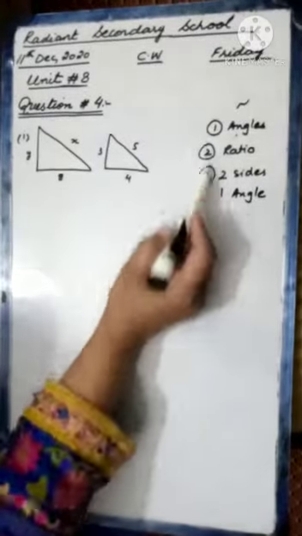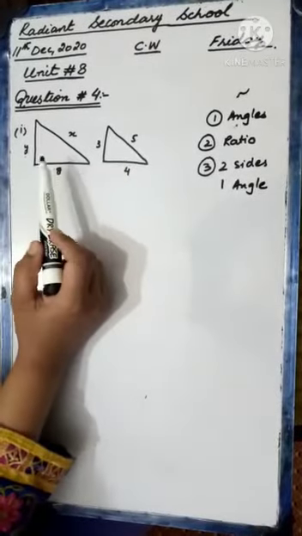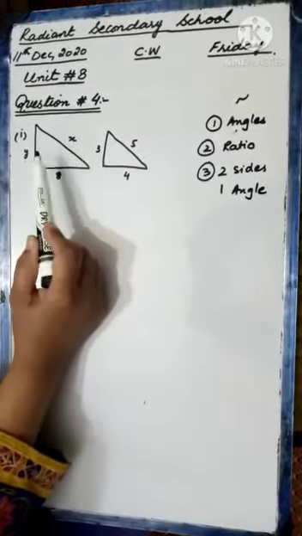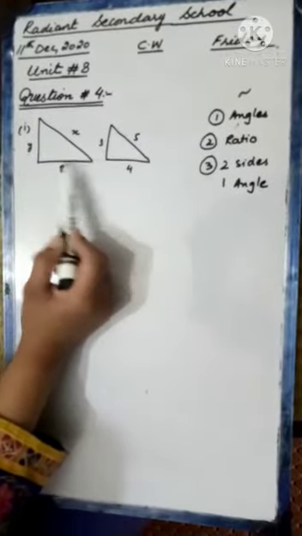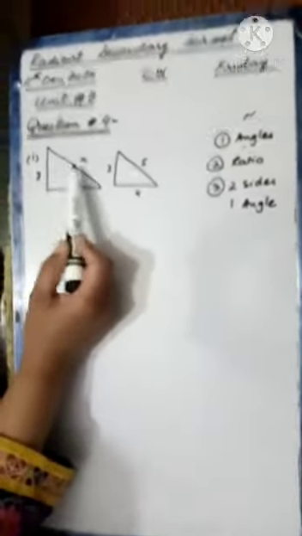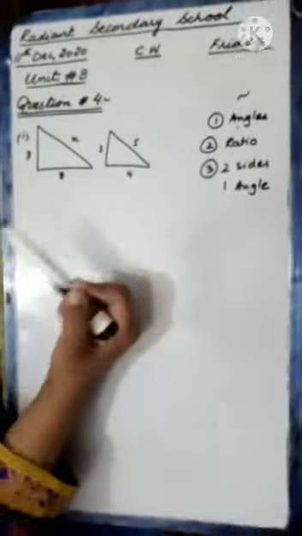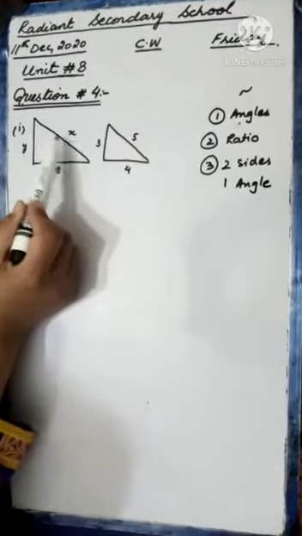Now, with the help of these properties, we are going to find the unknowns from these similar figures. In this question, it is mentioned that you have to find the unknown values in the similar figures. It is given that these are similar, and we have to find the unknowns. Unknowns means the variables involved in the figures. First you can see the unknown values are the sides. This x is for this side, y is for this side.